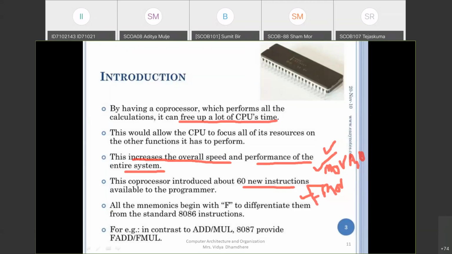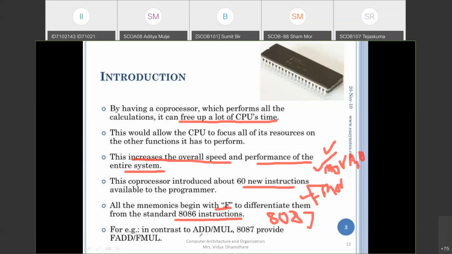To differentiate whether it is a standard 8086 processor instruction or a coprocessor instruction of the 8087, F is written in front of each instruction. So we can easily identify whether it is a coprocessor instruction or a main processor instruction. Now examples are given for that.